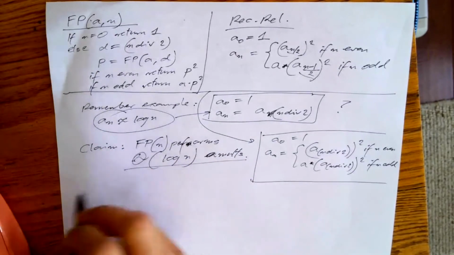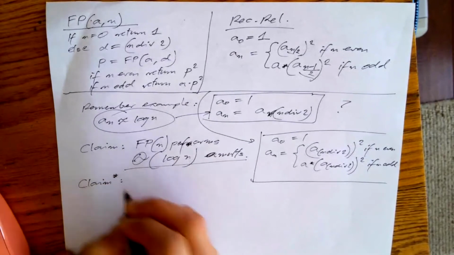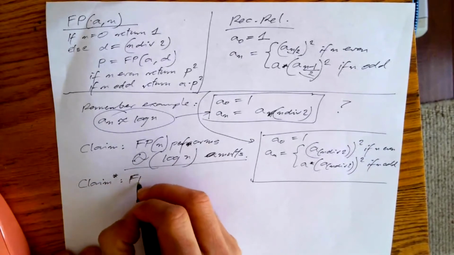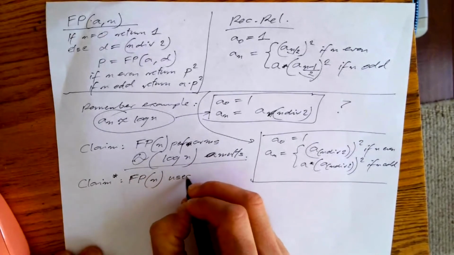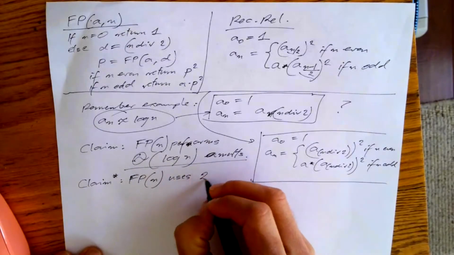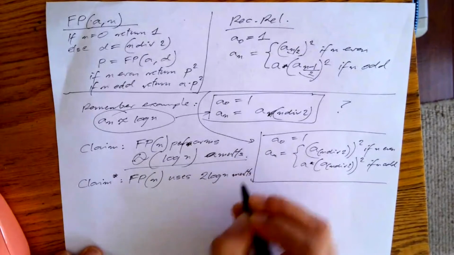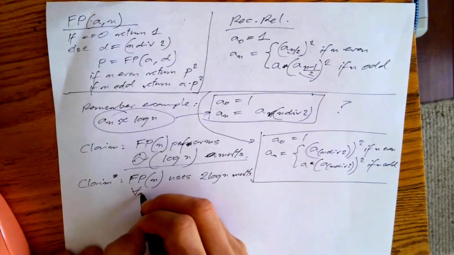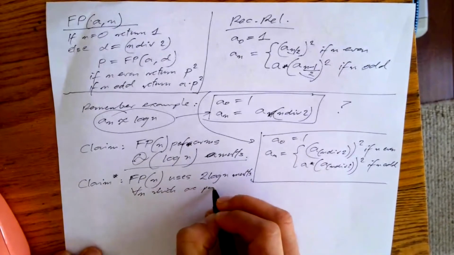So to avoid this, I will argue a modified claim, which is that fp n performs 2 log n mults